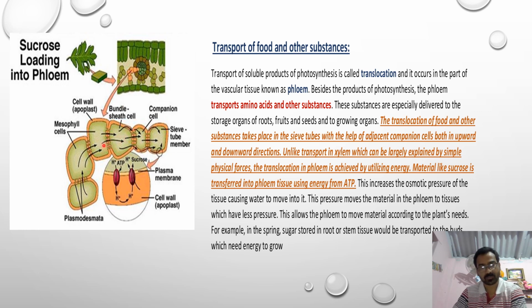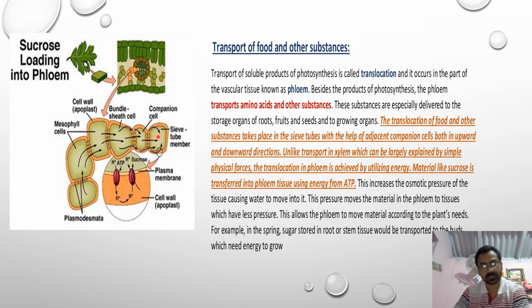So once the transfer of sugar takes place inside the sieve tube element, it becomes a sink because it has a great concentration of sugar solution inside. We have to remember that their membrane is impermeable to sugar, and whatever permeability has been changed is just for the time being. Now it again comes back to its own way, that it becomes permeable to water but non-permeable to the sugar molecule. So if the concentration inside becomes higher due to containing a huge amount of sugar, what will happen? It will attract water from all around.